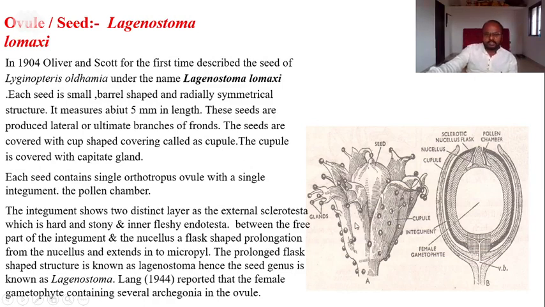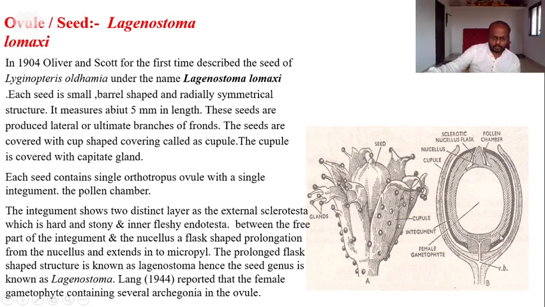Each seed contains an orthotropous ovule with a single integument. So here this is the single integument, and this is the orthotropous type of ovule, because the micropyle, chalaza and funicle are present on the same line, a single line. Therefore it is called an orthotropous ovule. The integument, that is the envelope or covering of the seed, has two distinct layers called